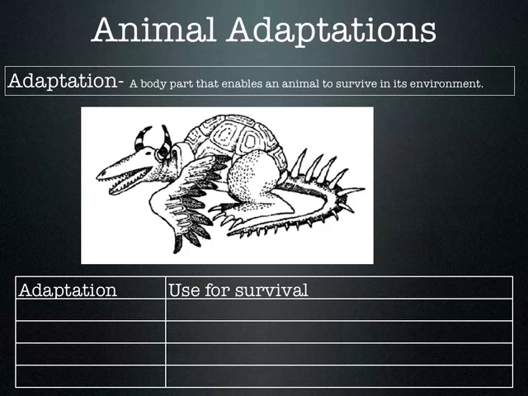What else? Tommy? It has a turtle shell to protect it from maybe hard objects. Okay, it has a shell that protects many of its organs from damage. Okay, Olivia? It has a spiky tail. What might that be an adaptation for? Killing prey. Okay. It has razor sharp teeth and really sharp horns. How would that help it survive? It could use its really sharp teeth and the horns to kill them. Okay, good. I have a spiny tail, so that predators cannot attack it from behind.